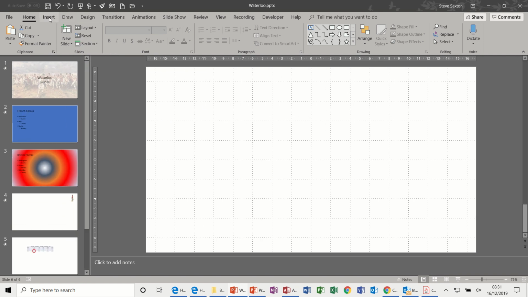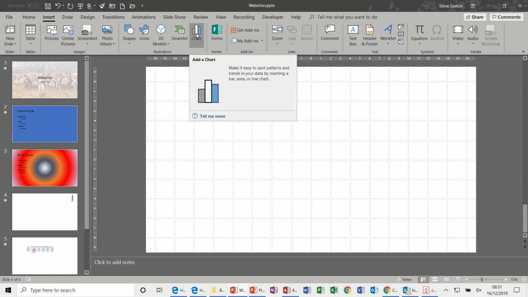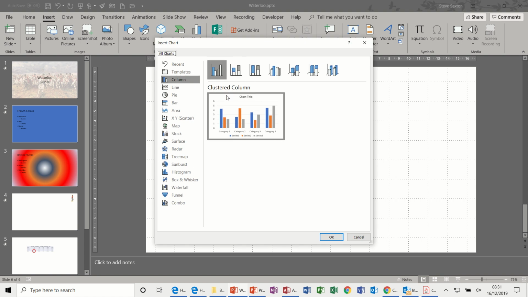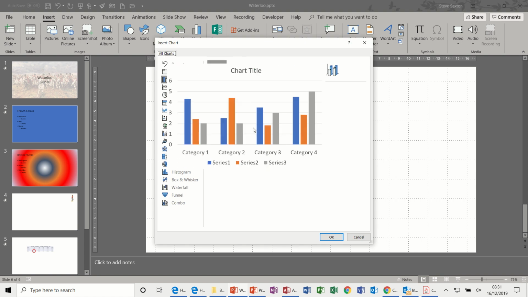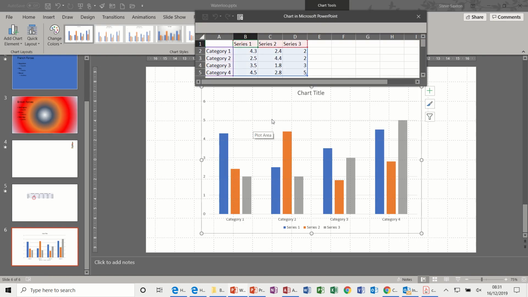So from this feature I select Insert, and then this is the option I'm going to use first, how to create a chart. And the one I'm going to use first off is just the default one, so the process will be the same for each different type of chart. When you activate the feature, you will get a small spreadsheet appearing at the top which will allow you to enter your data. So for this example, the series are going to be as follows: men, women and children,